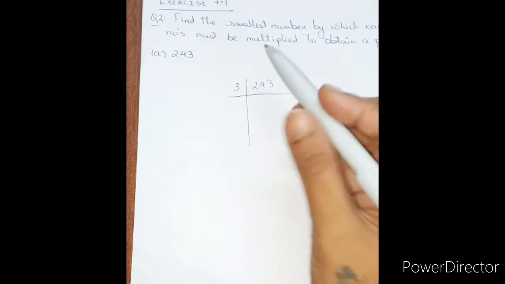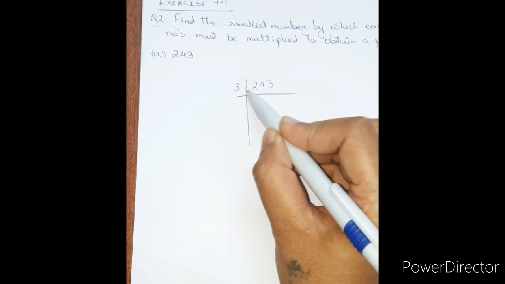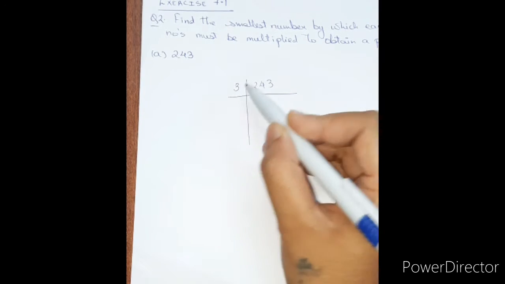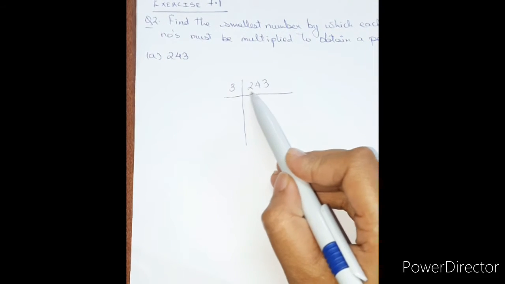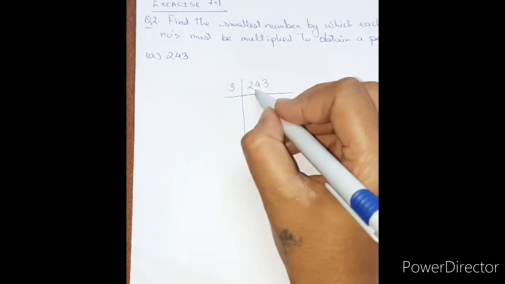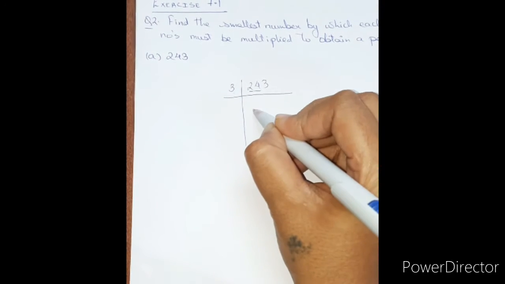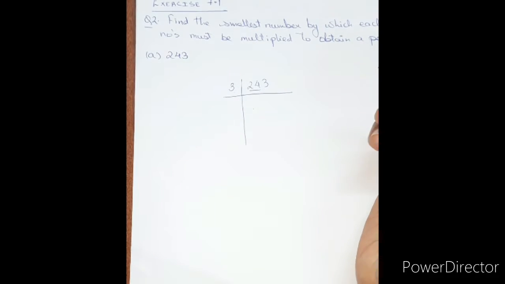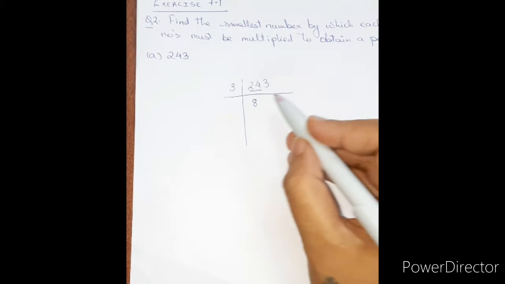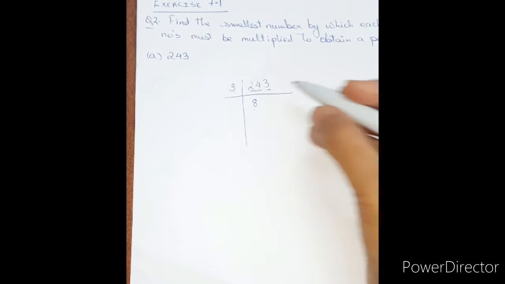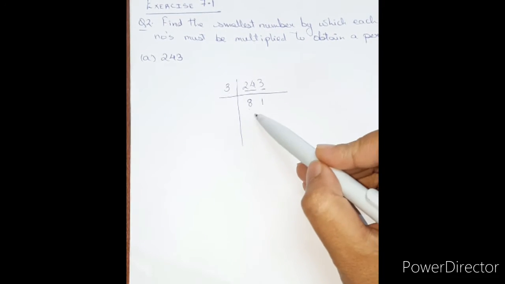First time, we are allowed to take 2 digits only if the first digit is smaller than the prime number we are dividing by. Since 2 is smaller than 3, we will take the first 2 digits. Is 24 coming in the table of 3? Yes. How many times will give you 24 is the question you need to ask. 3 8s are 24. Then what is remaining? 3. 3 1s give me 3. See, I have written one below the other when I have solved it.